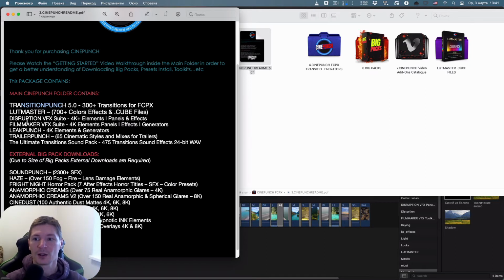Okay, there are a lot of other effects. Disruption, I will show you what it means. Filmmaker effects, leak punch, if you want to apply some leaks, some light effects to your video, you can use this generator. Trailer punch,